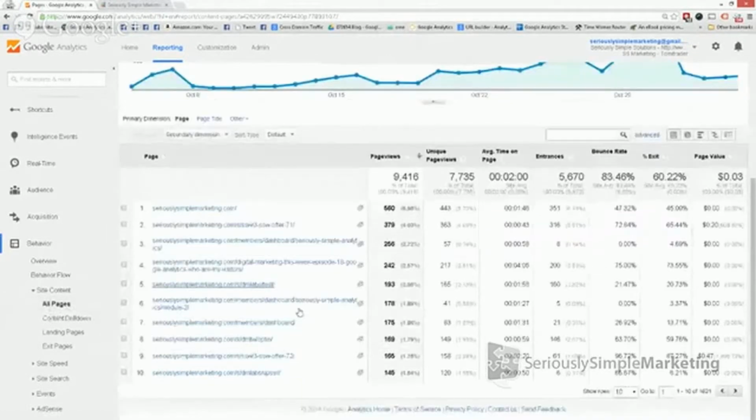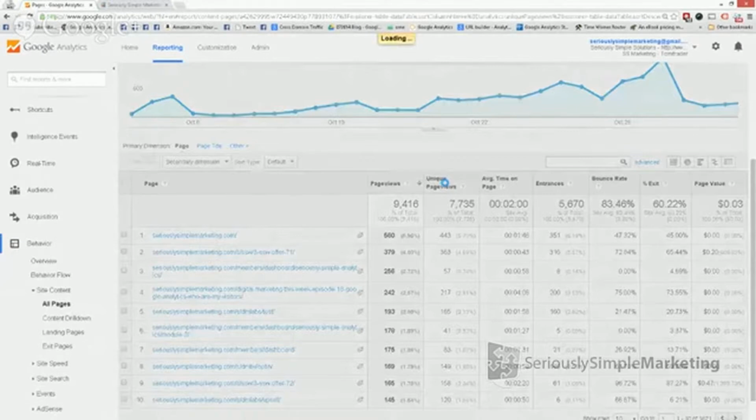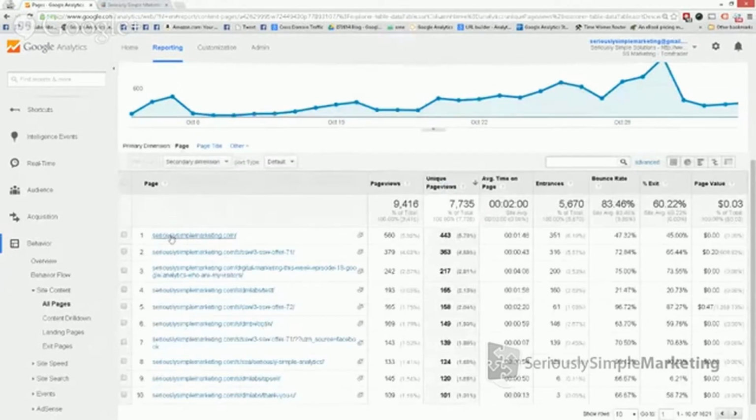All pages, again, shows you all the different pages that people are seeing. And this is useful because you can see automatically what your most popular pages are, everybody put in one big bucket, which ones are getting the most views, okay? And we typically go by unique page views because page views can be a little bit misleading. So you always sort by unique page views. We can come through here, we'll sort by that. And you can see obviously the home page right now, we got our websites offer.